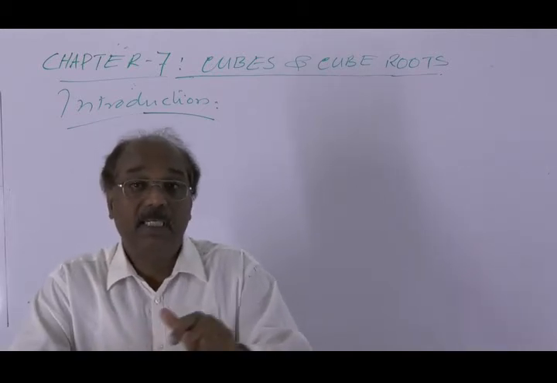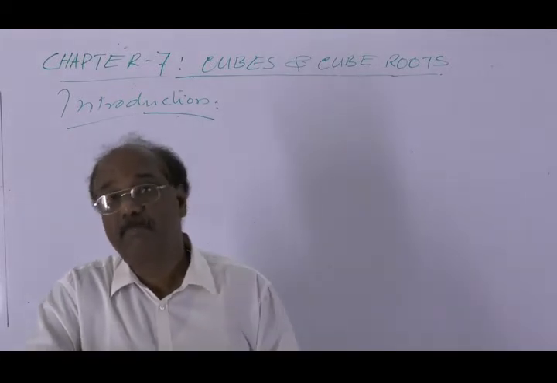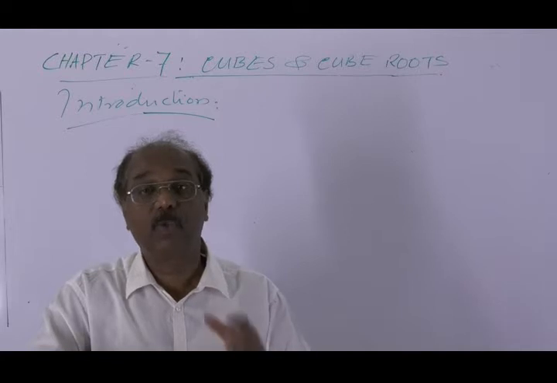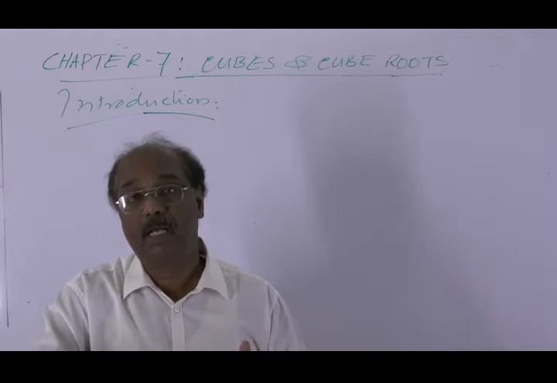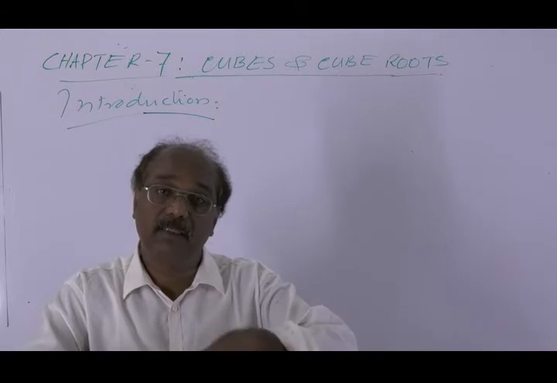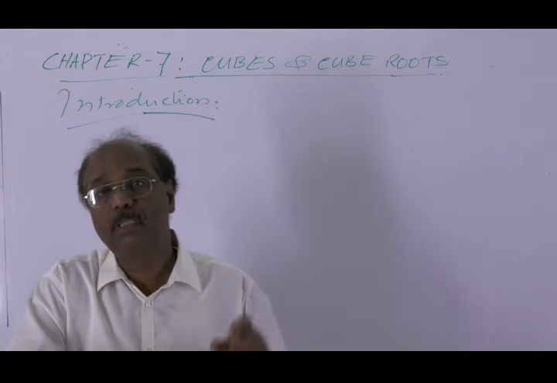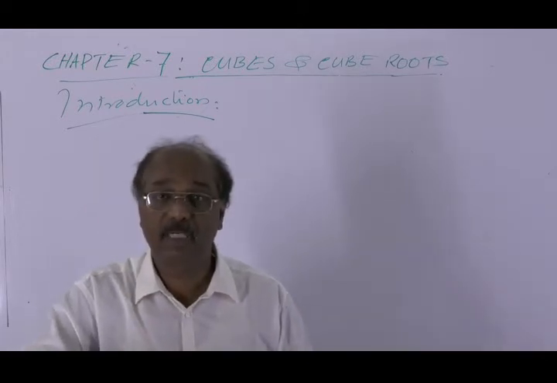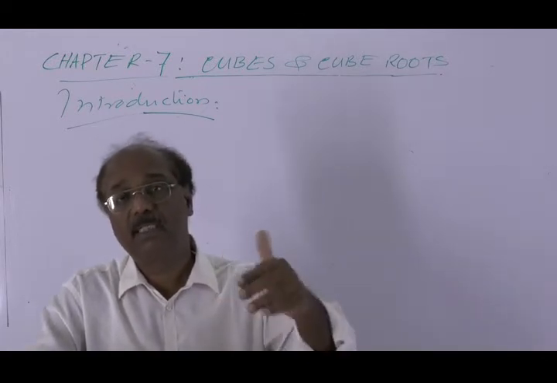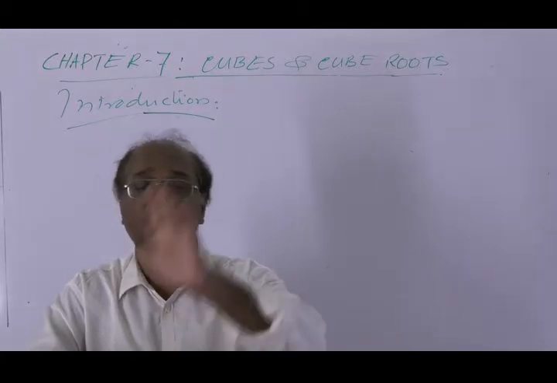In geometry, by a cube we mean a solid figure having equal edges. And the volume of that cube is obtained by multiplying these edges 3 times, because the length, breadth, height of this cube are the same, and therefore multiplying length, breadth, height means multiplying the number itself 3 times, we get the volume.